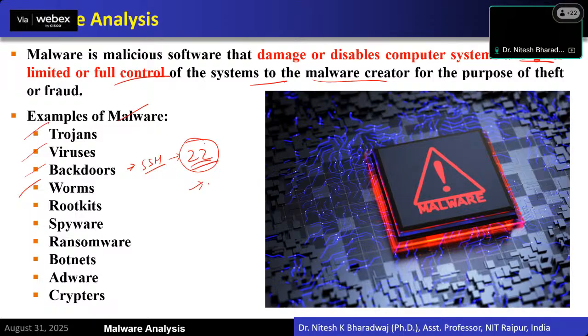If you are able to log in the first time, then next time it will not ask for any password, because that RSA key is stored on the victim system. And if you again try to log in without any password authentication, the attackers are